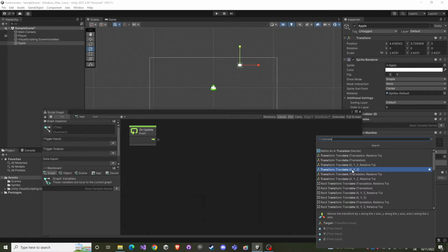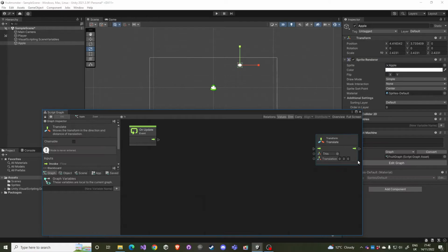This looks good. Maybe this transform, translate, and we will have a translation vector. All right, let's connect the flow so this function is actually executed,